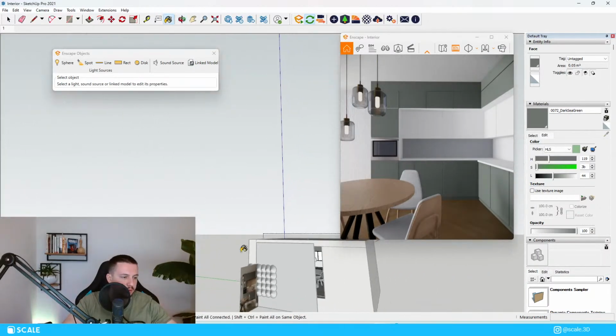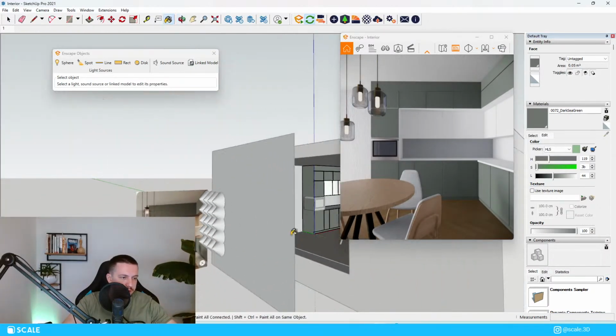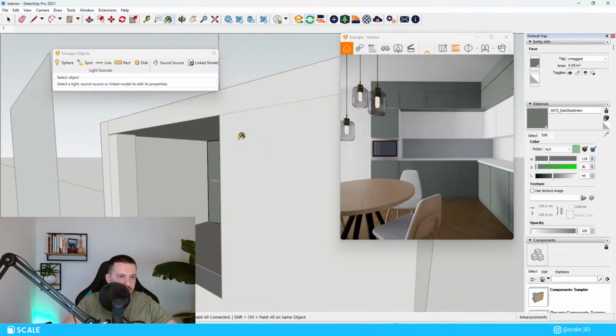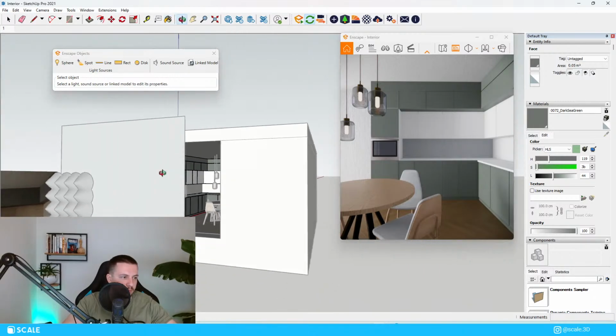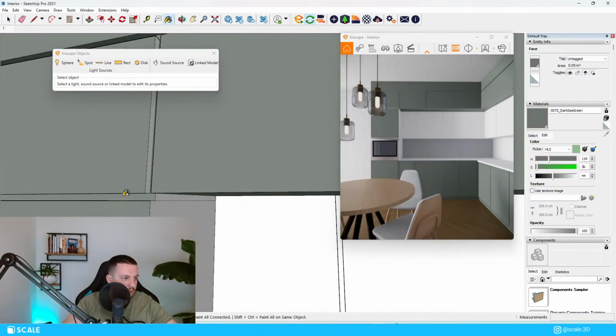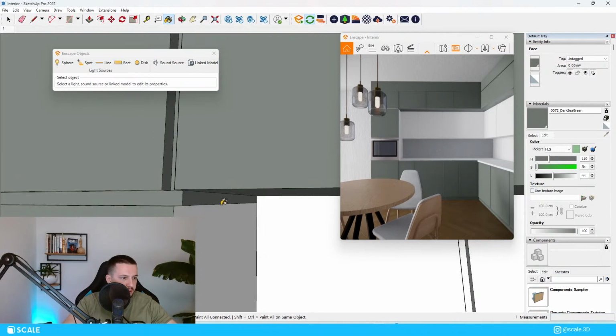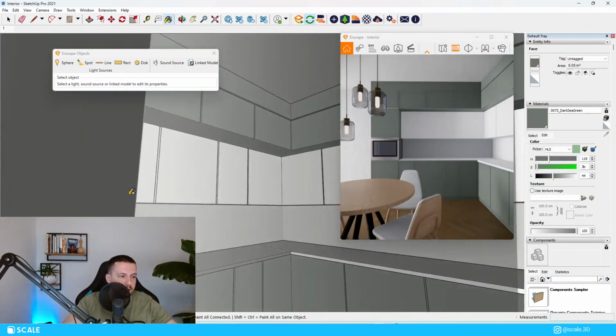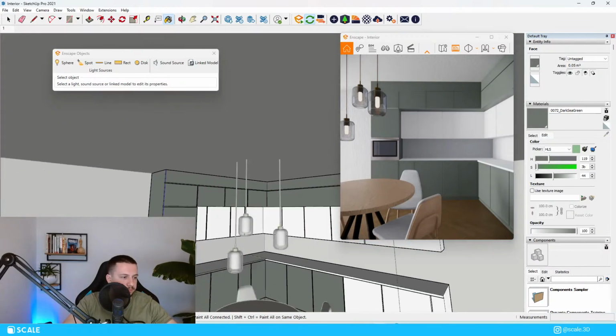And then underneath, I think, yeah, it's the same green color. Let me just see if I need to apply some more textures here as well, on this side. And then I think,